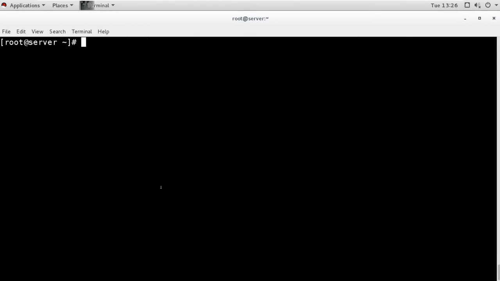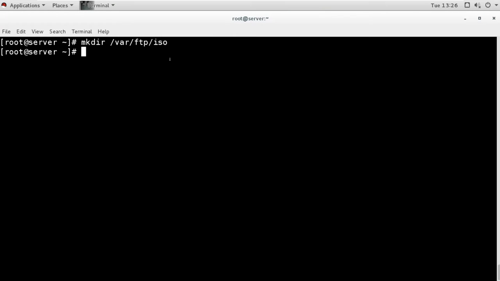Okay, now what we need is the packages. I will download the packages from the DVD. First I will create one directory under var FTP. Remember, the var FTP directory is the default main directory for the FTP server. I will create one directory in that named ISO, and I will copy all the packages which I need into that ISO directory.